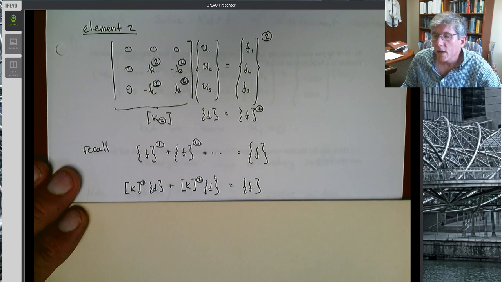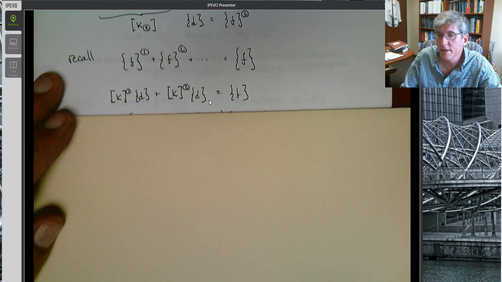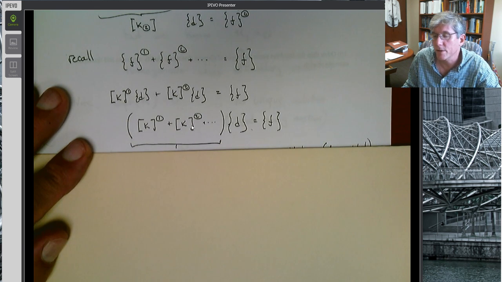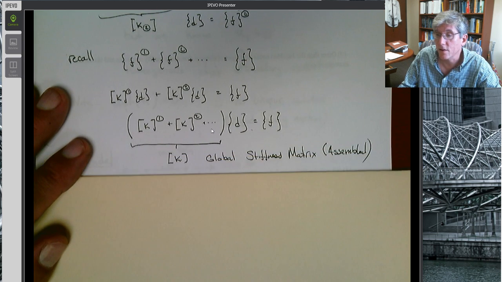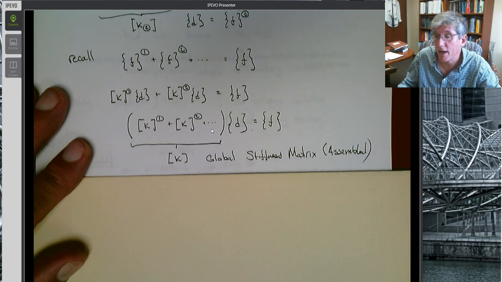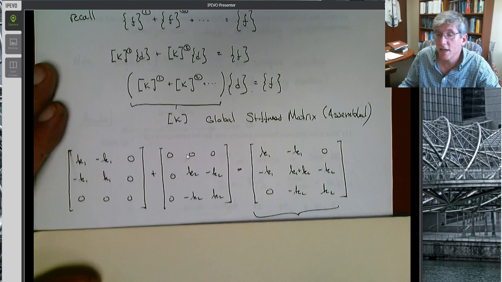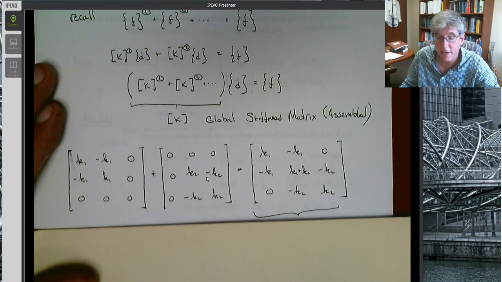All right. So here we go, K1 times D plus K2 times D equals F, right? It's the same D, U1, U2, U3, all right? And so I can pull the D out, and you can see K1 plus K2 should be my global stiffness matrix. Obviously, I can write this as K, and now we have the form K times D equals F. So obviously, this has to be the global stiffness matrix already assembled, right? So this is telling me that actually just taking these augmented stiffness matrix for the first and second elements, and